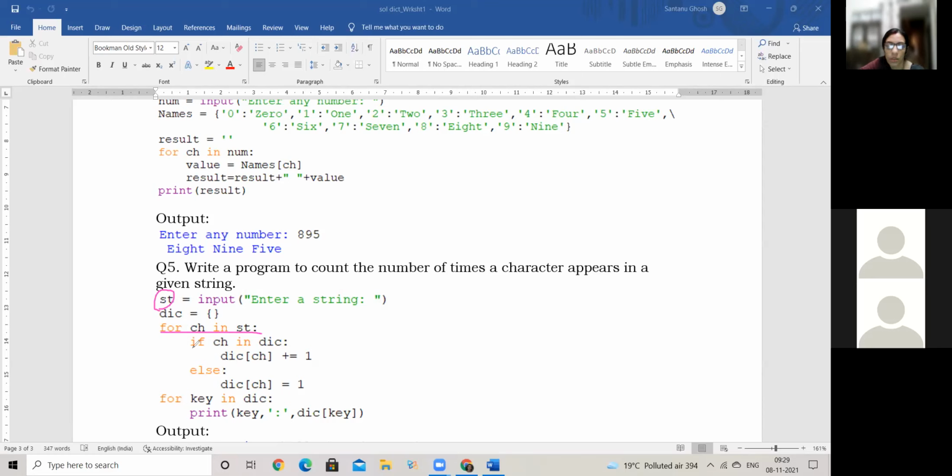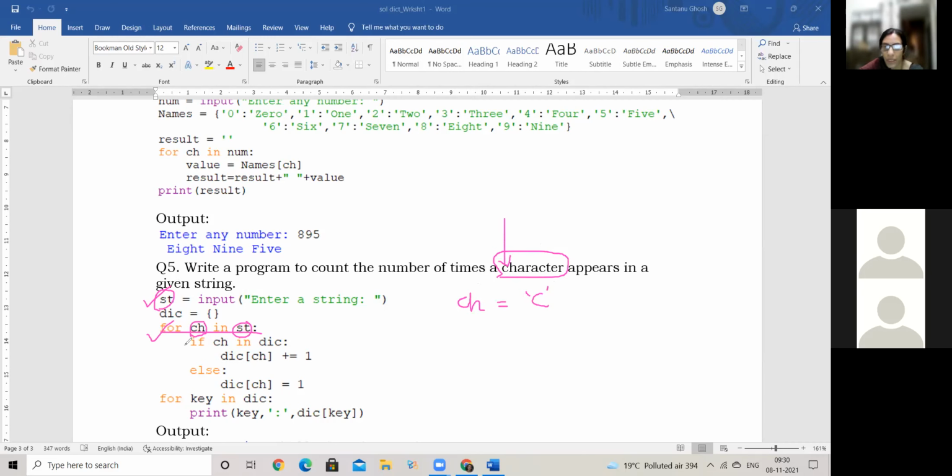Yes, ma'am. Okay. So for ch in st, that means this particular variable is now going to pick up every single character from the string stored in st, one by one. Suppose my string stored is character. This is the string I've given in st. So ch picks up the first value as c, first time in the loop. It's a loop. So for ch in st, the first character picked up by ch will be c, the first character from here.